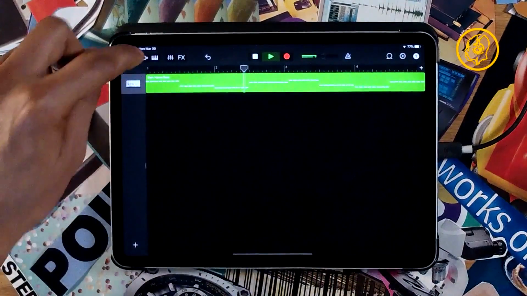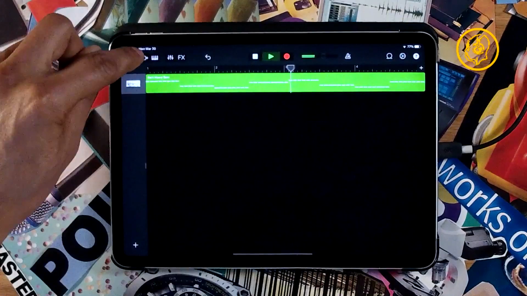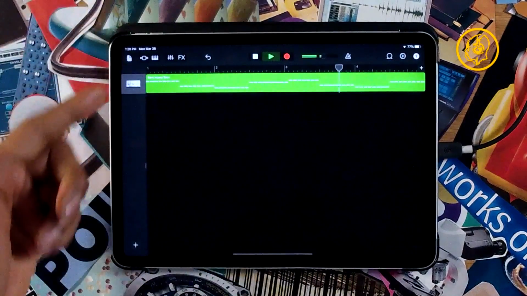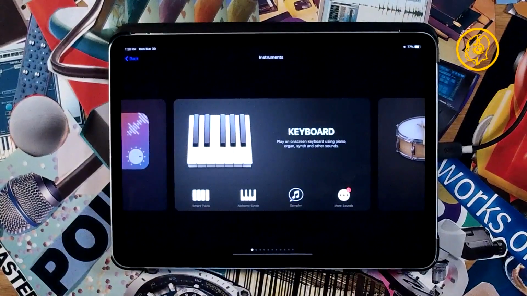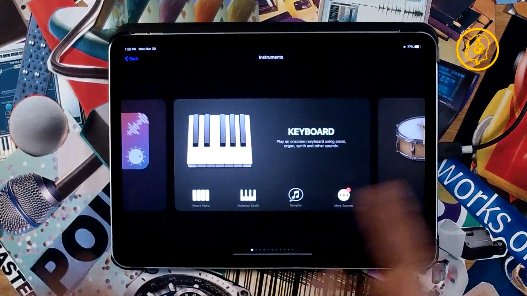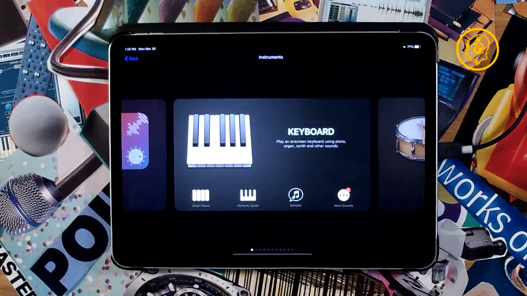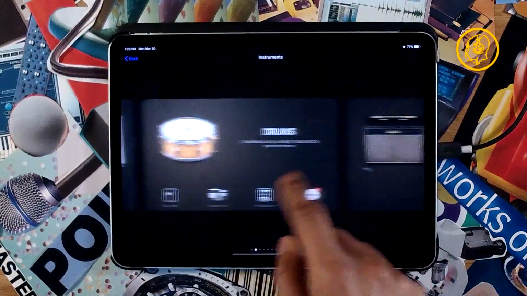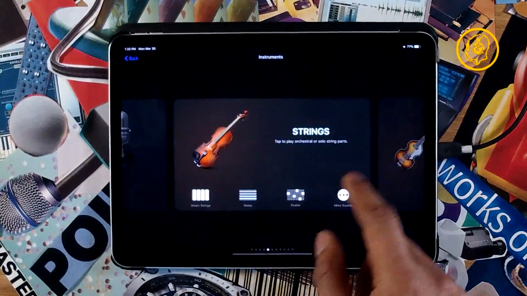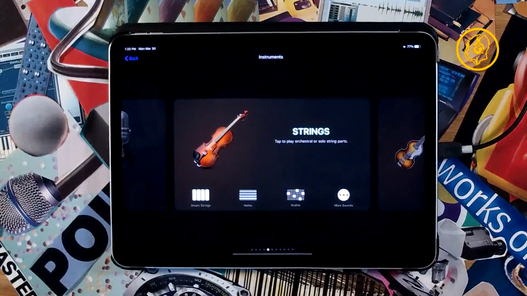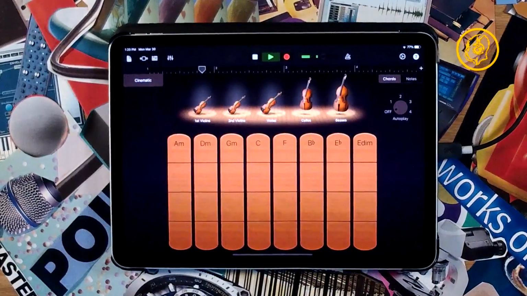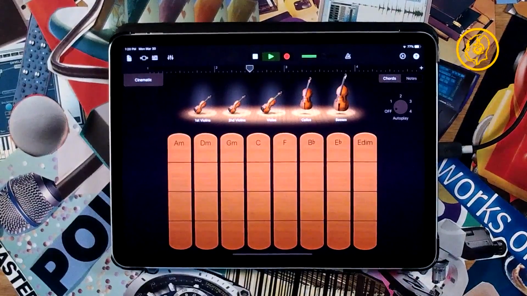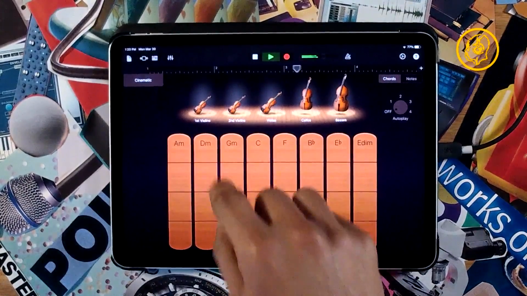So remember, this is the browser portion right here. And we can add another track very easily that way, or we can go right here to this plus. Either way works. So always more than one way to implement something in your design here. It's very flexible. That's what I like about this tool. I want to go to smart strings. I don't think we played around so much with some of these strings.